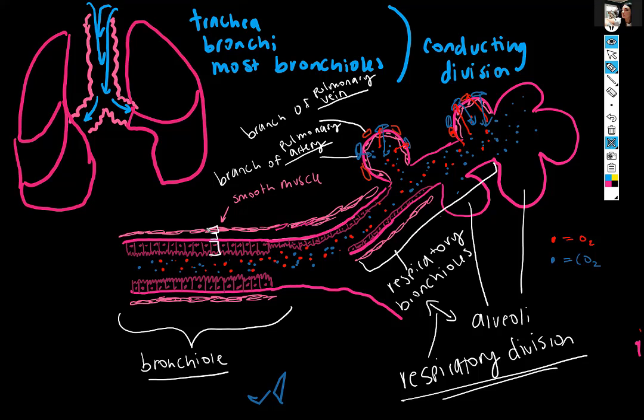So bronchioles and bronchi and the trachea, the conducting division, that's a hallway that air goes down. The alveoli are where the actual chemical gas exchange happens. So you could have lungs with bronchi and bronchioles only, and you would not survive because you would be unable to do gas exchange. So you need both. And then before I finish this,